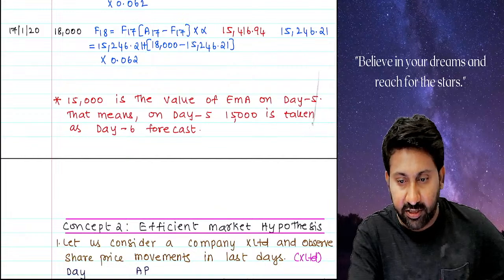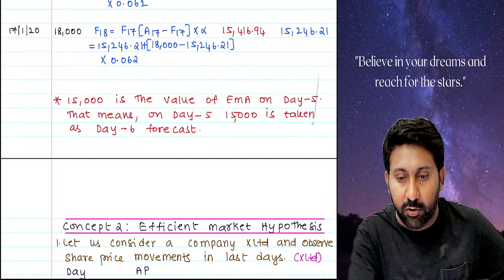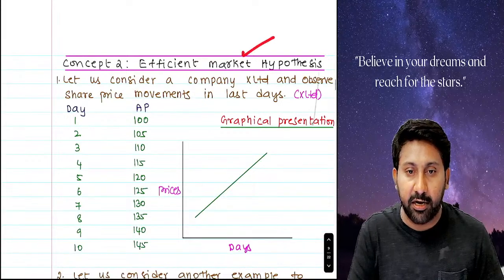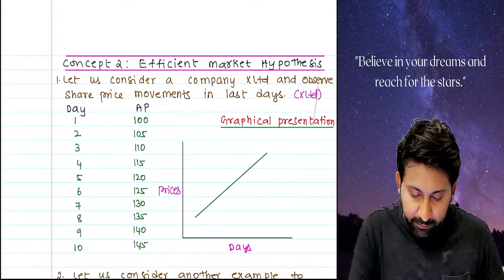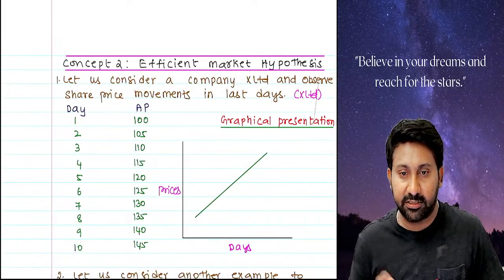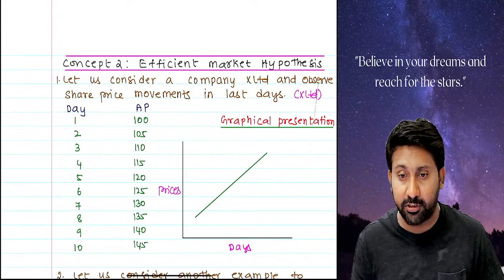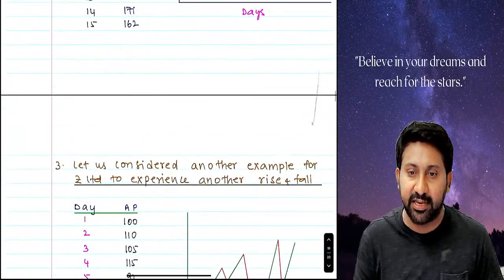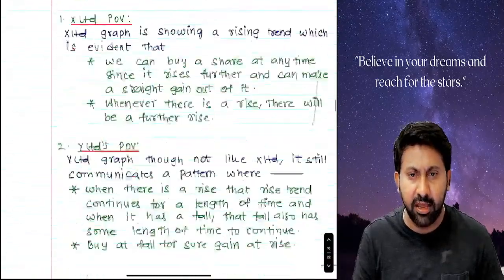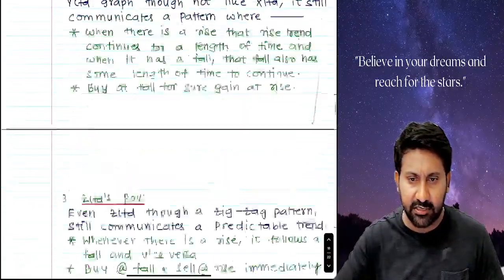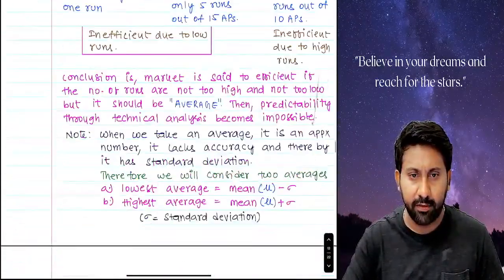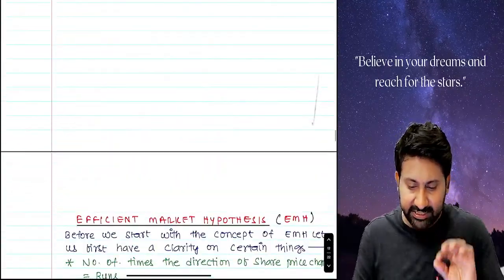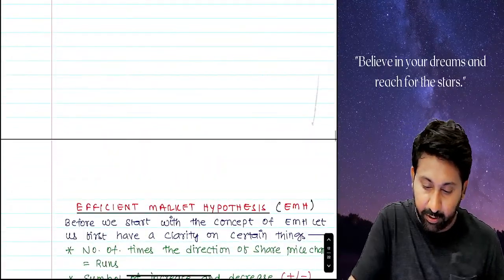So once after this, the next concept we are going to start. See here. Efficient market hypothesis. Okay. Efficient market hypothesis. What is efficient market hypothesis? Let us understand. Efficient market hypothesis is a stepwise procedure. Okay. I'm not going into any of these details now. First, theoretically question can come in exam. First, listen carefully to my words. Okay. See here.